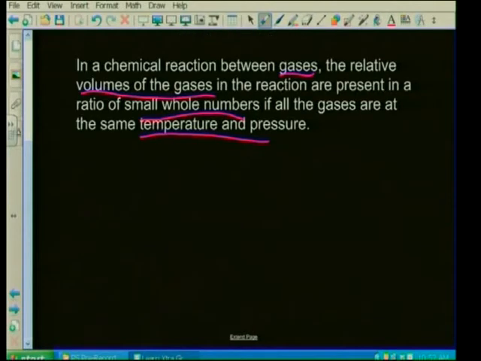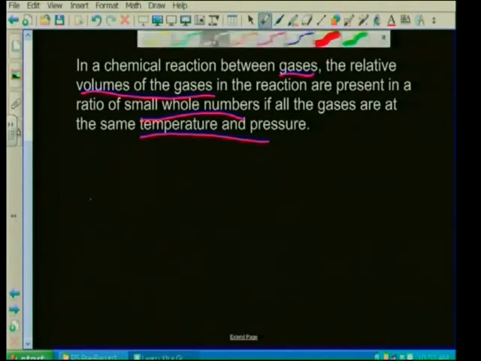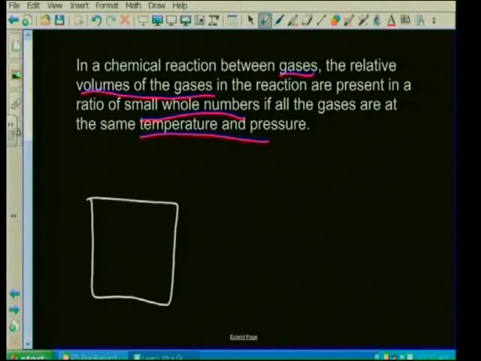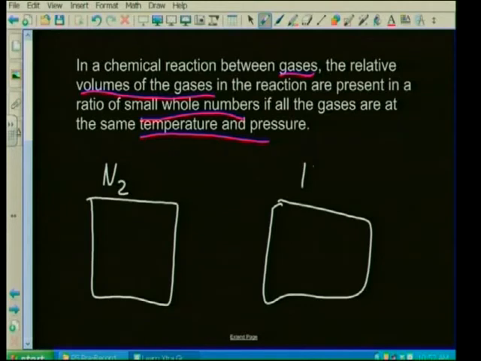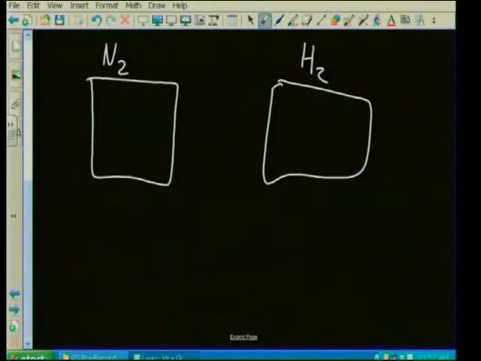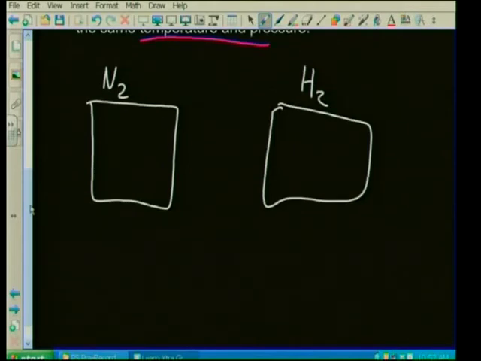So let me try and explain this to you. If I have a container and I have a second container, same pressure, same volume, same temperature. This one contains nitrogen. This one contains hydrogen. Then what Gay-Lussac and another man called Avogadro hypothesized was that the number of particles inside here would be